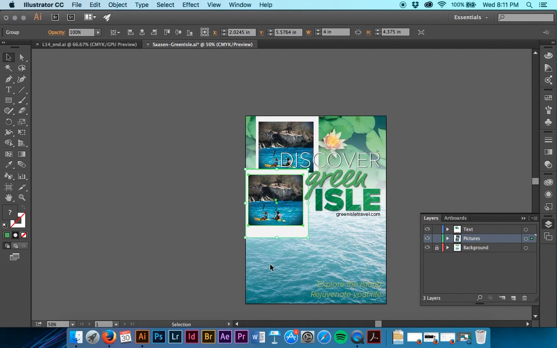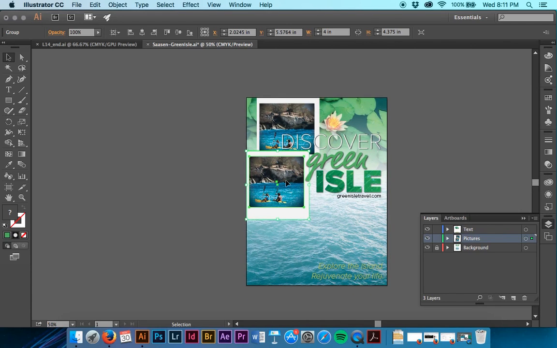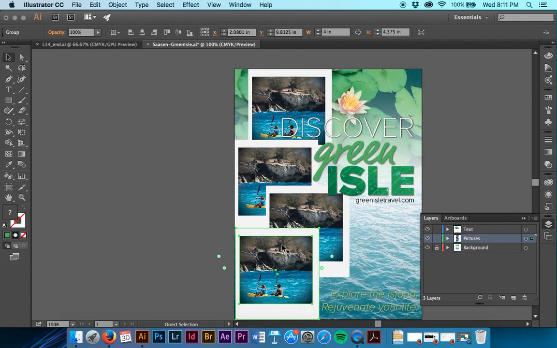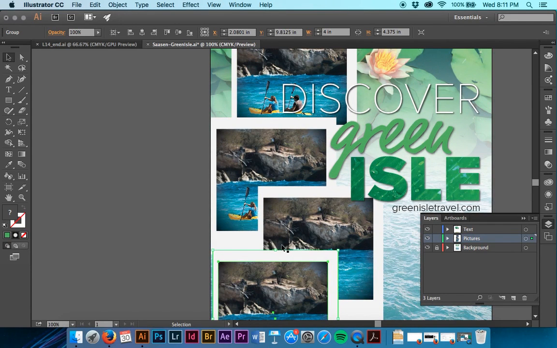And we're going to do this 2 more times, so we have 4 image groups. If we look at the top of page 423, you can see what the images look like and how they want them placed. In the second group from the top of the artboard, which is this one,